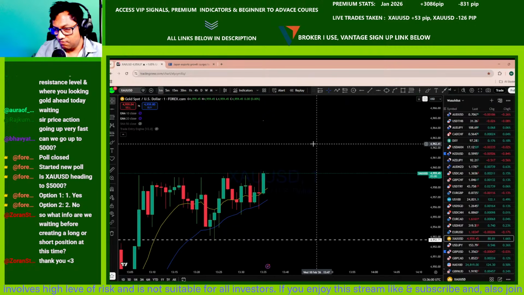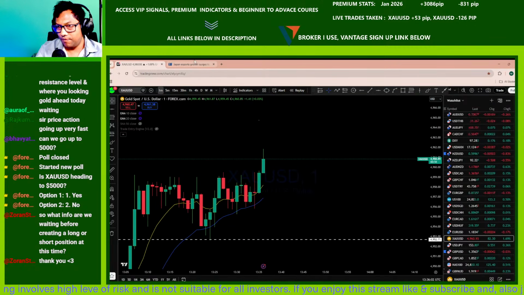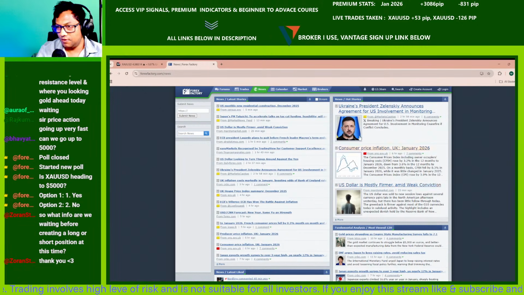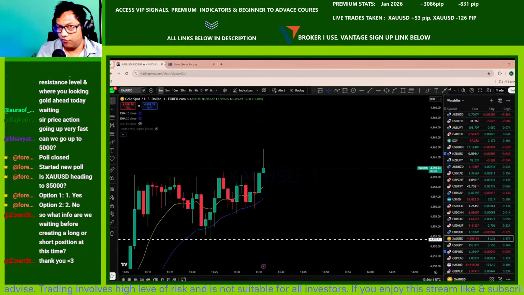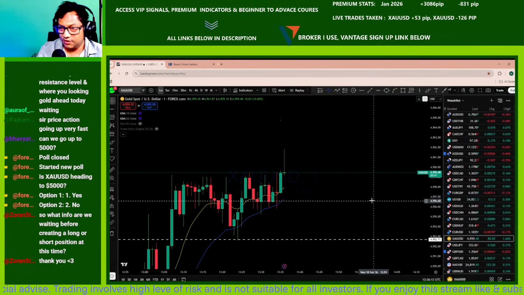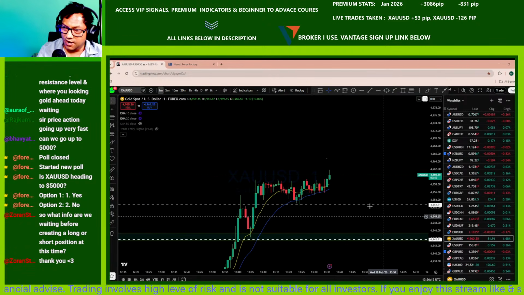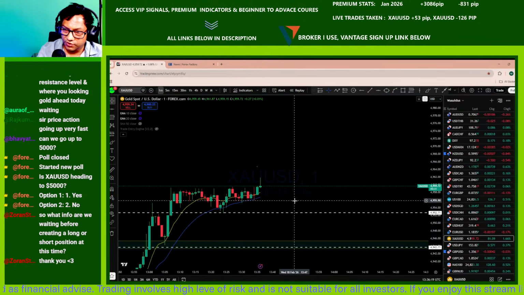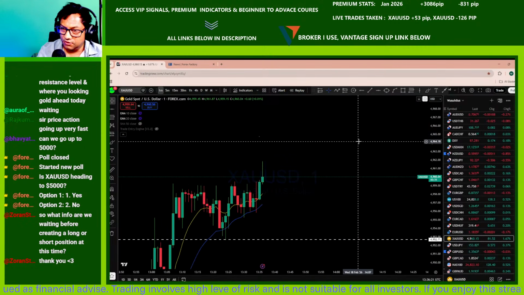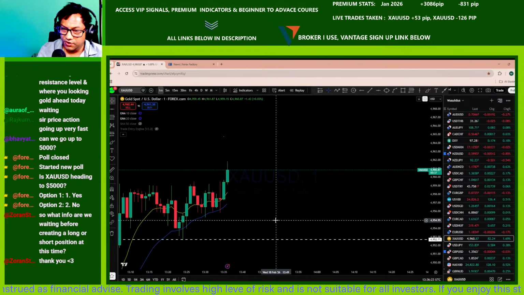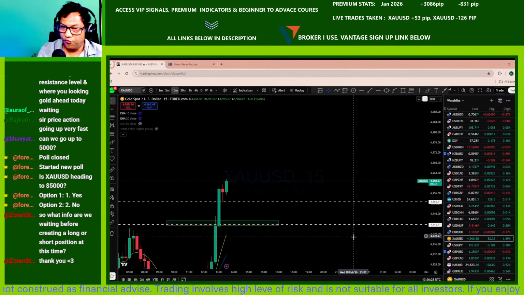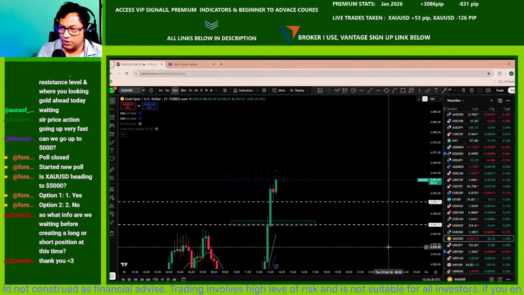Okay, so any fundamental news? There is nothing that we can say at the moment. Therefore, the market is mainly driven by the technical aspect. Now, slowly there is a bullish trend continuation that you can see of this doji. It's breaking off this support. Now, for us to be able to look for this entire move back to the upside,